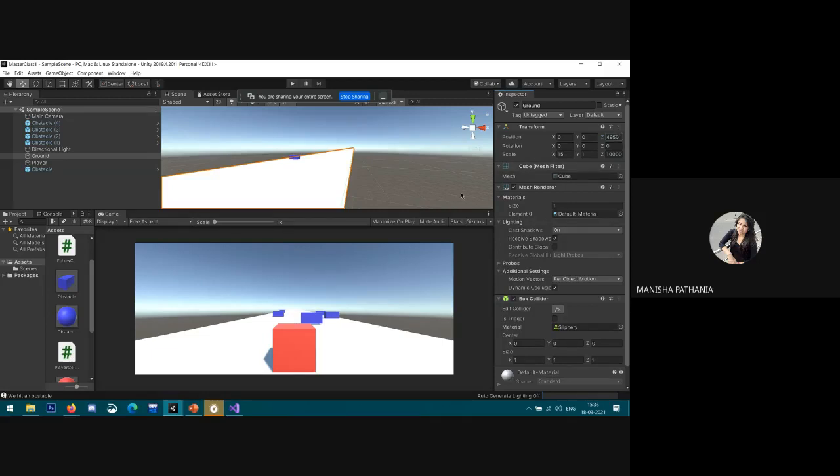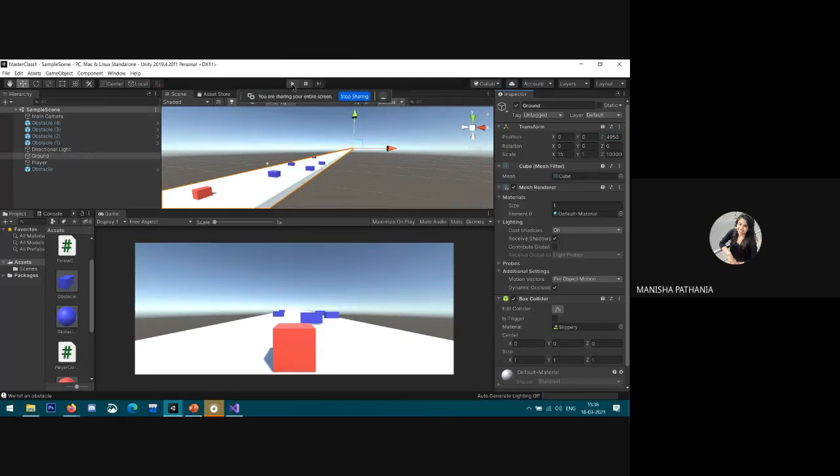Okay, so we can add anything instead of obstacles. You can see here the multiple obstacles. You can add any number of obstacles in your game. Okay, so we can add anything instead of these obstacles. You can add coins, you can add a number of trees. Any kind of obstacles you can place here, any kind of thing.